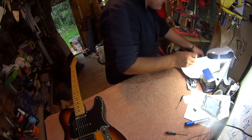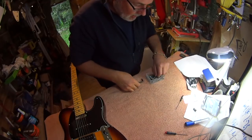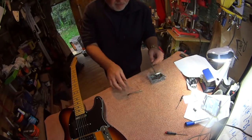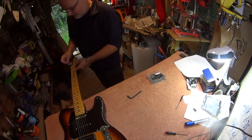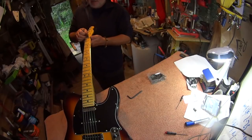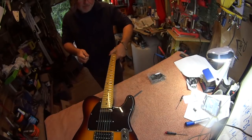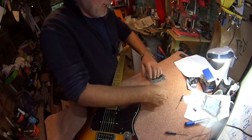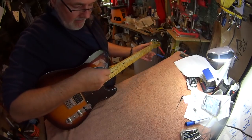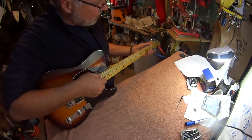So the question is, why particularly are you aiming for a dead flat neck? Because that's extraordinary. To give a little bit of relief, we want to just slacken that off slightly so it relaxes and allows the strings to pull a bit of relief into the neck. Now I don't know how much this is going to change, or how quickly. That's a tiny bit more, but